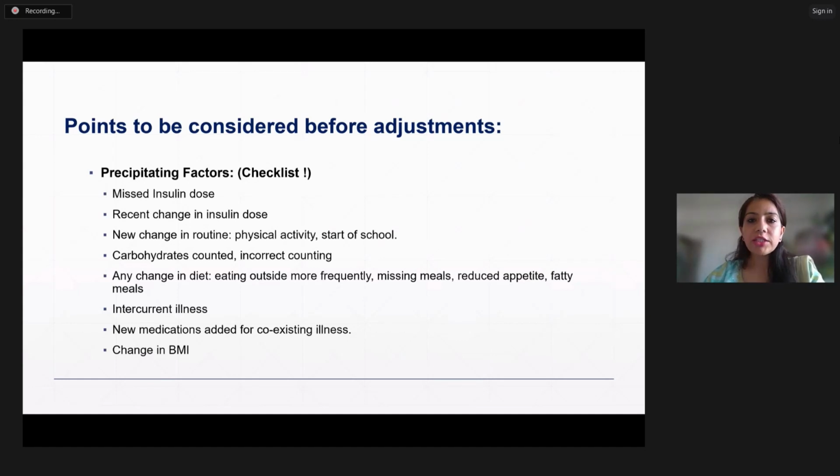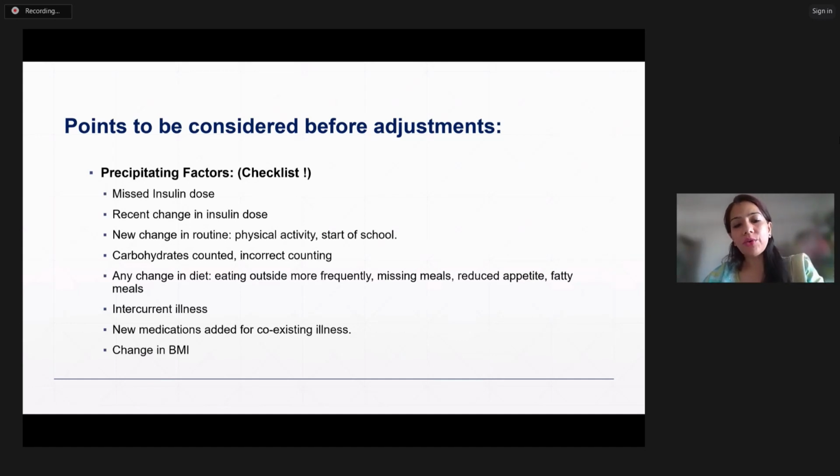Was there a change in the insulin doses recently? Have they started school and suddenly there is a lot of physical activity, or have they joined a new class like a tennis class where there's a lot of cardio that is going on that will affect the insulin sensitivity? Are they counting their carbohydrates correctly, or have they started to eat out more frequently? Are they missing any meals? Has there been a reduced appetite, or are they eating a lot of fatty meals that is going to cause